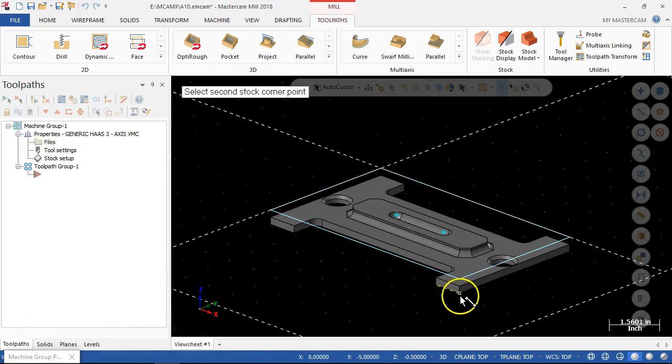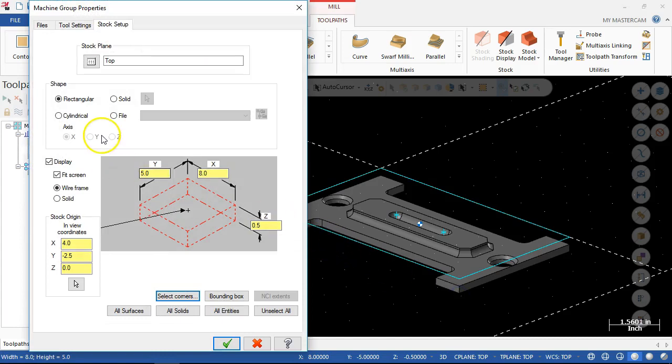So from that point to, again, because we have the depth, I would pick the depth. I think I missed that on the bounding box. That's why it didn't give me the minus 0.5. And then if I go to all entities, it doesn't really matter how many of these that I have. It will gather up all the available solid bodies, all the available geometry, and we're going to end up with